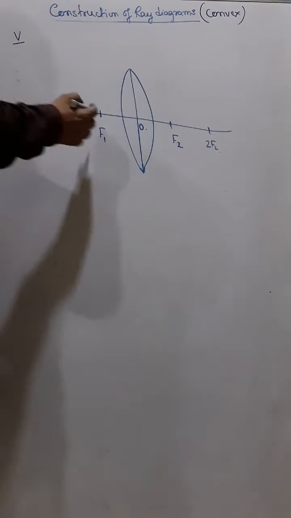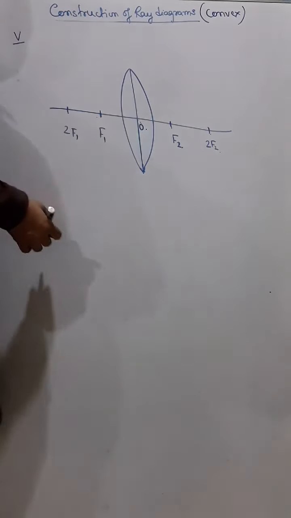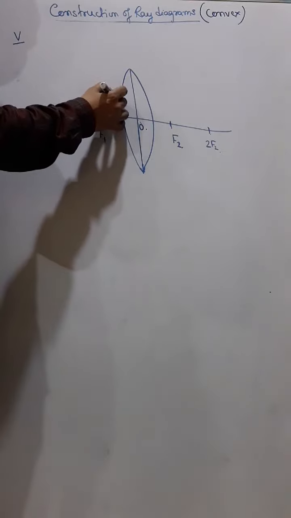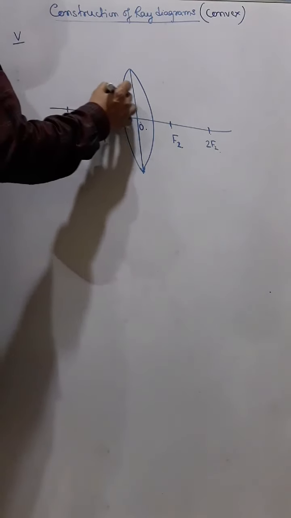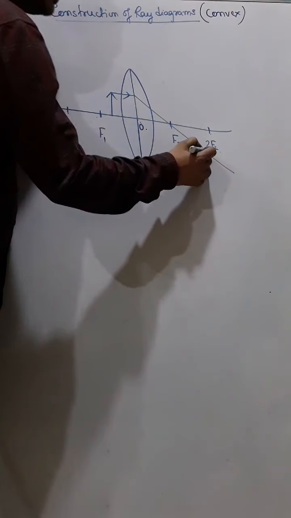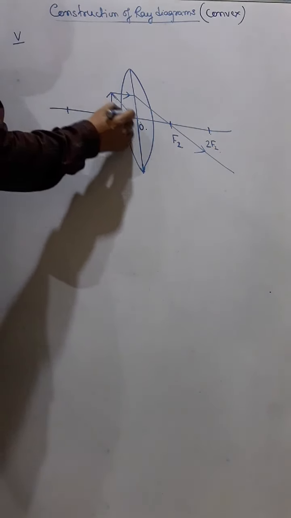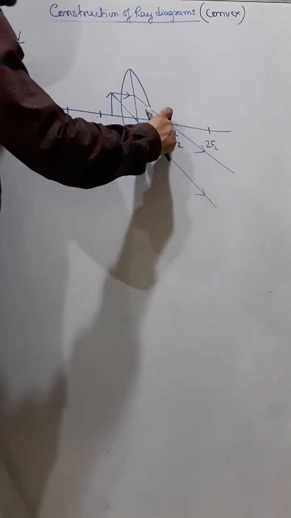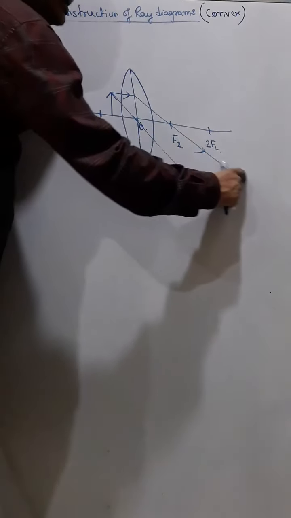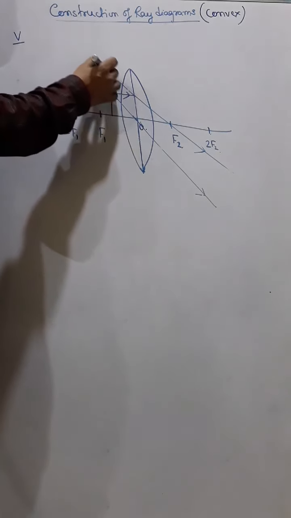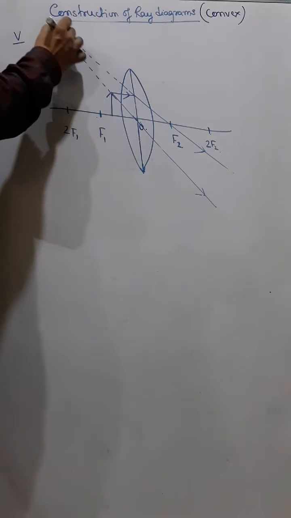Now next is between focus and optical center. Okay, focus and pole. So if the object is placed between focus and pole, then here also parallel rays of light pass through focus, and then another passes through optical center. And you can understand these two rays of light are not meeting here because they are diverging here, so they can't meet. But this ray of light will meet backward.